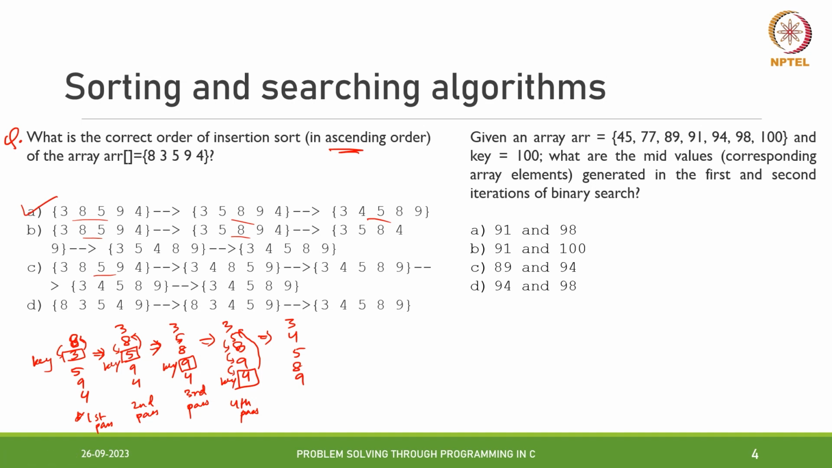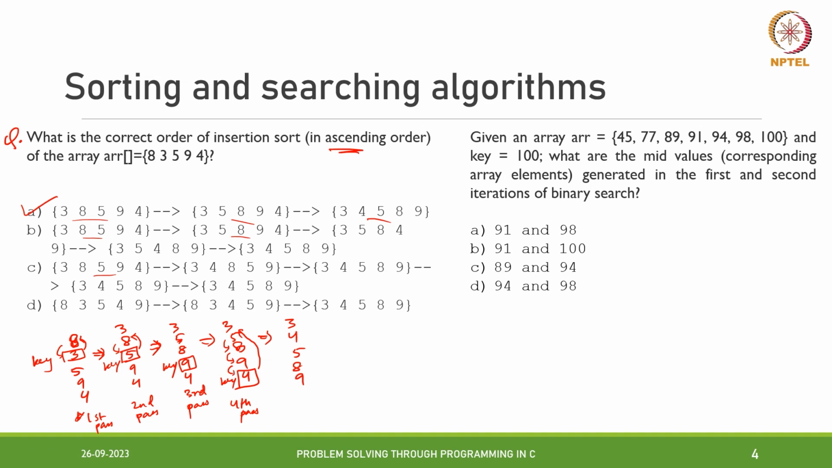Is it clear how insertion sort works? Why not B? Okay,